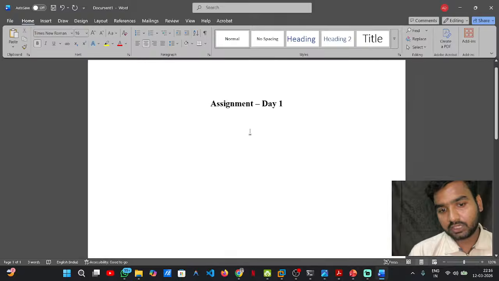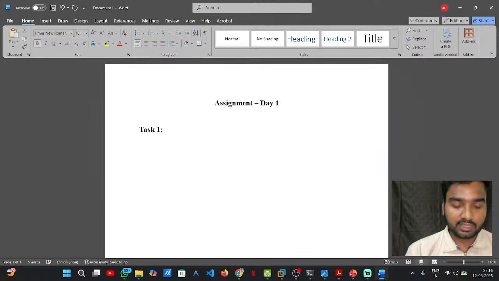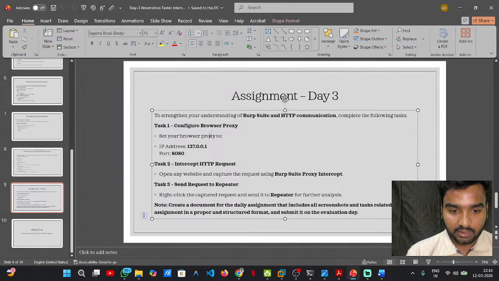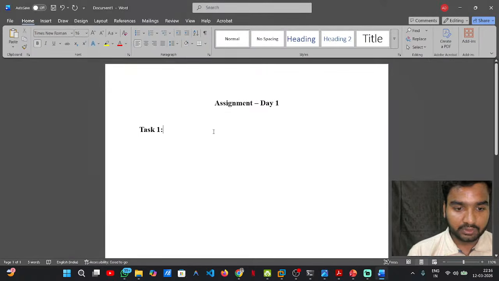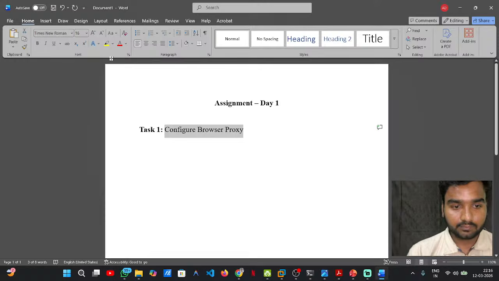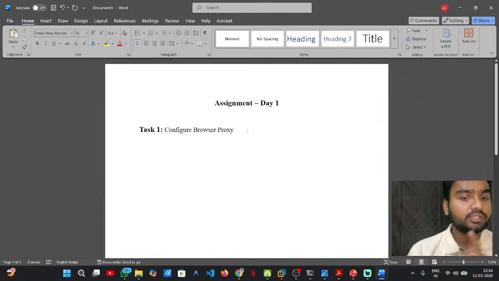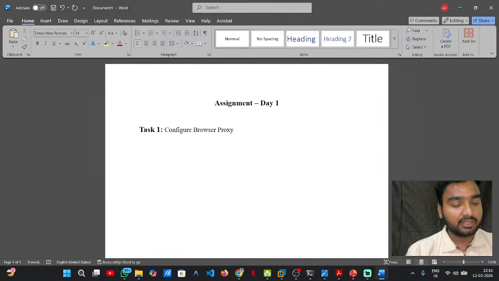Okay, you can do it like this. Assignment day one and task. Then you just have to put a heading, Task one. Write the task name, like Configure browser proxy. Then you put the task name, and then you can attach some screenshots. If the task is about taking a screenshot, then you can take a